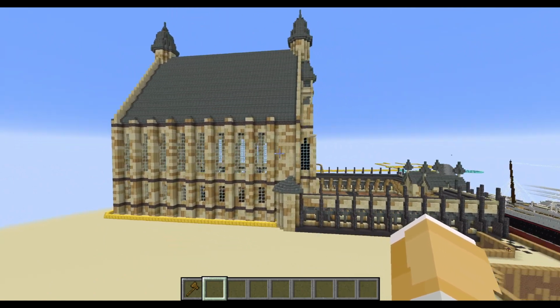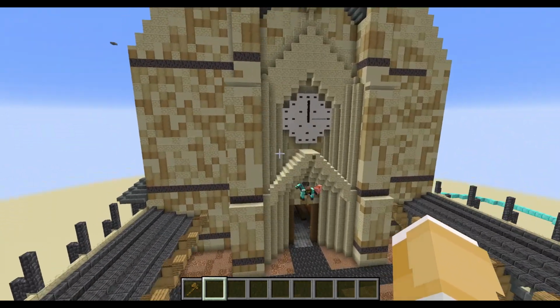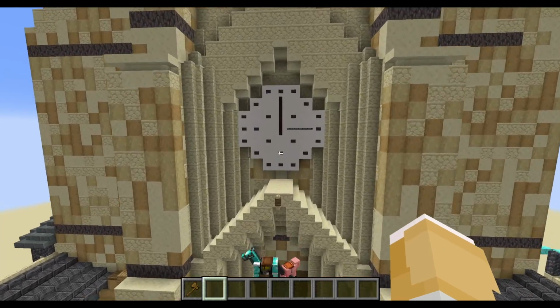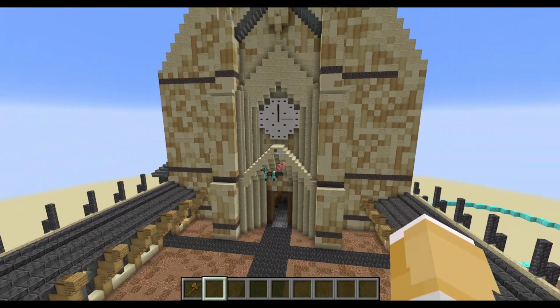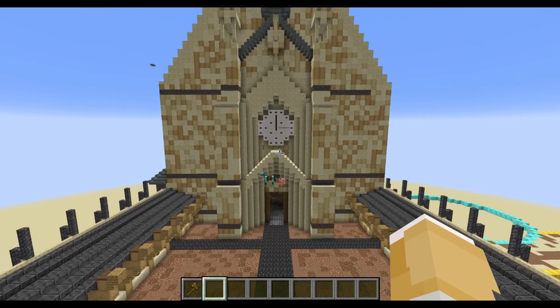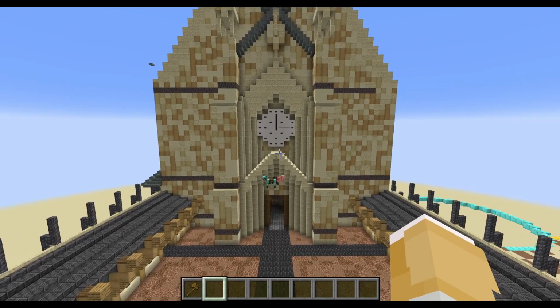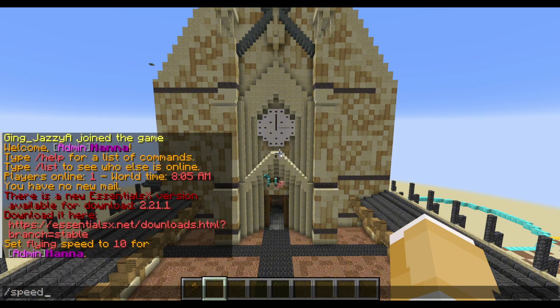But this is the Great Hall so far. And then this is the entrance. I think there is supposed to be a gate here, at least that's what it shows in the model that I'm using, but I'm not going to put it there because I just redid this front part and I'm not redoing it again. So